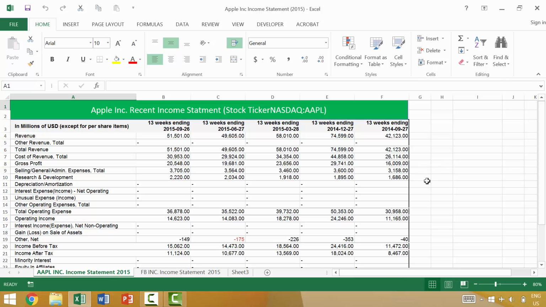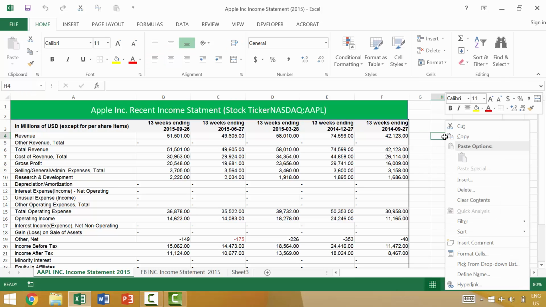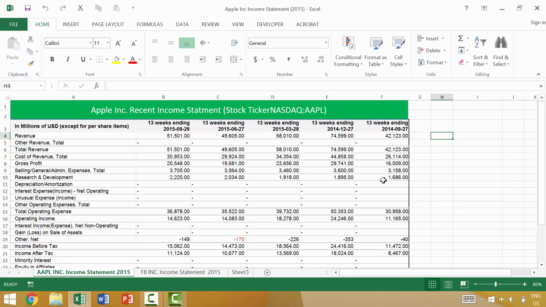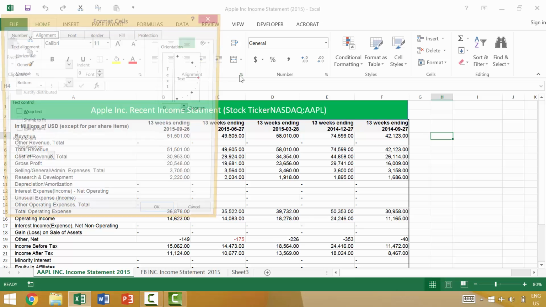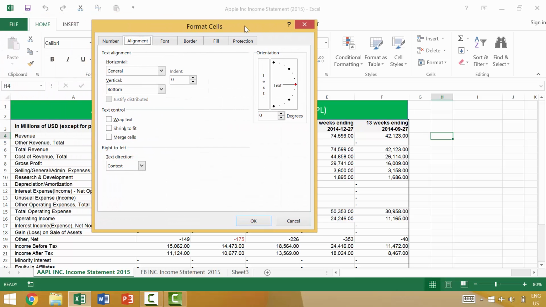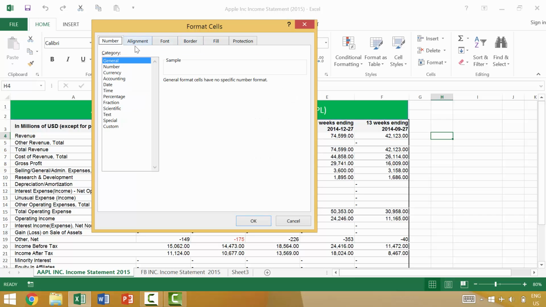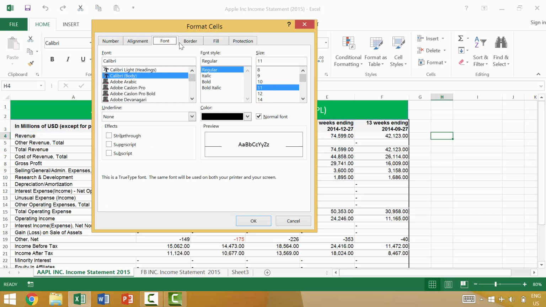So, first of all, what is a menu? A menu is an item like this that will essentially give you a series of choices. Very similar to a menu is a dialog box. So if we were to click here, the alignment group here, click this, it would essentially create a dialog box, which is a pop-up menu that will give us a series of choices. Here, in this case, things like changing the format of the cell in terms of the number, alignment, font, or